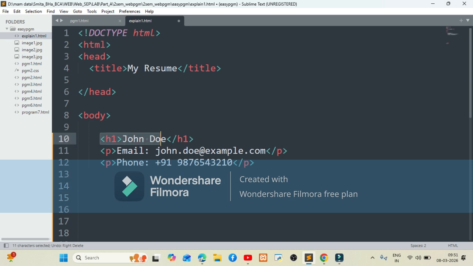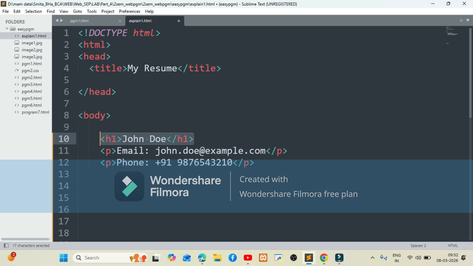You see, we have written one heading. There are 6 headings which range from H1 to H6. H1 will give the biggest heading and H6 is the smallest heading. When I say biggest and smallest, it is the size that is displayed as the heading.